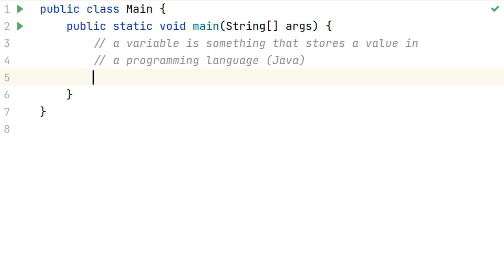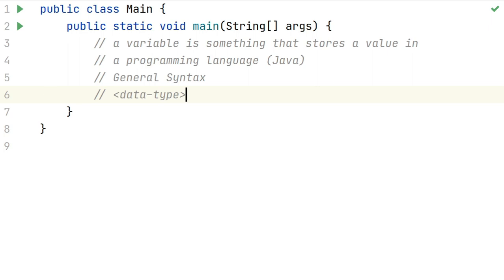For creating variables, we have something called general syntax. So what is the general syntax? General syntax is the template of the code that you will always write whenever you want to create a variable in Java. And the general syntax for creating a variable is, first we will write the data type, right?